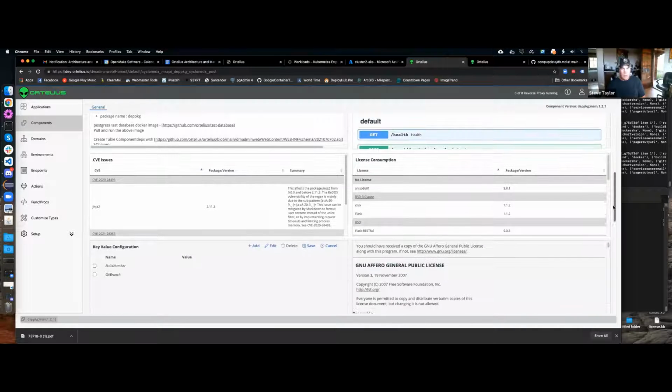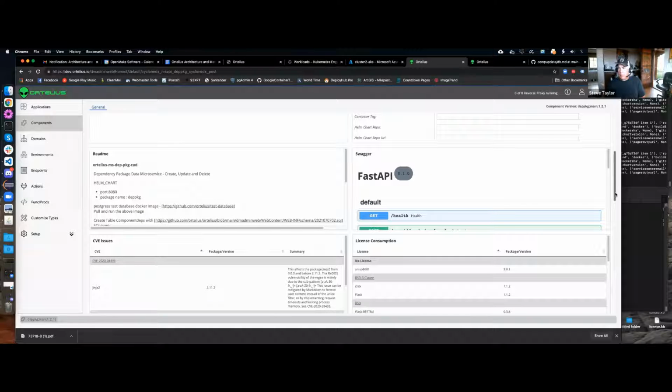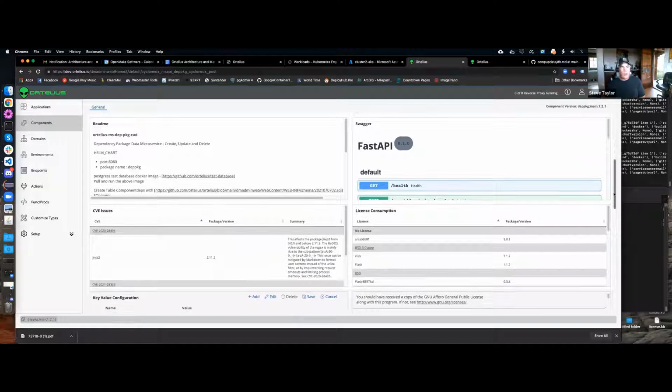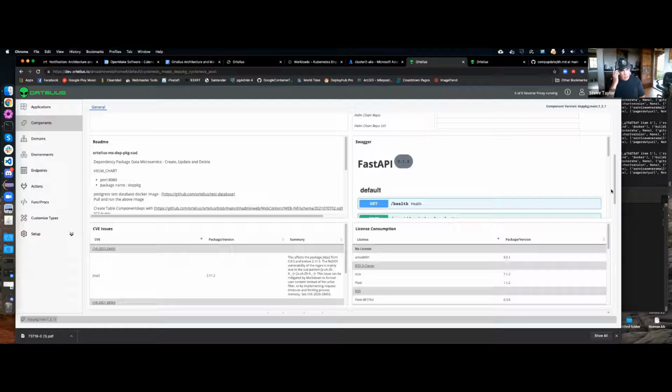Yeah. And the rest is coming from a scan, like the CVE issues. That's coming from a scan, right? Yeah, it's like the license. Yeah, that's the scanning that Utkarsh put together